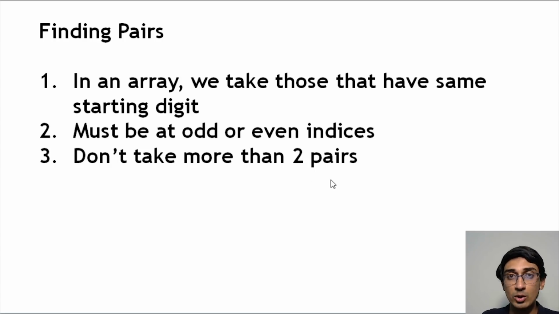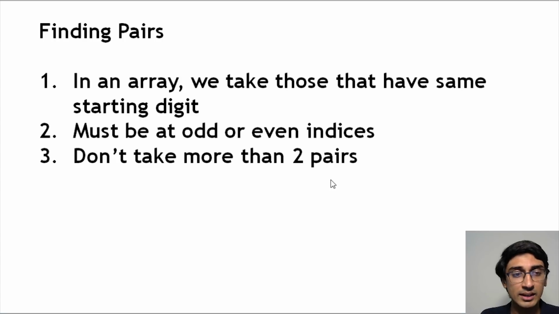So somewhere we have to write code that can go through an array, find the ones with the same significant digit, and count them, but only such that we get at max 2 pairs, right? We should not be getting more than 2 pairs at any time. Okay, so let's see how we'll approach that problem. Again, I have not calculated the bit scores. We'll come to that at the end, because I'll explain why we are doing it at the end, because that's a very simple calculation.